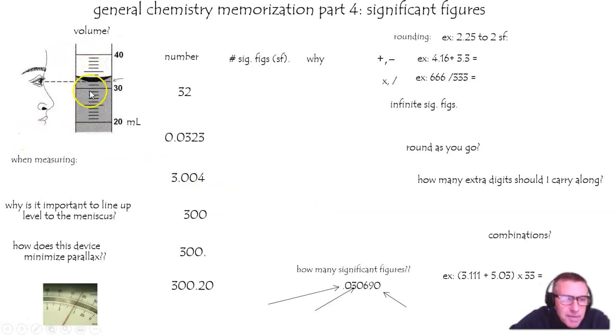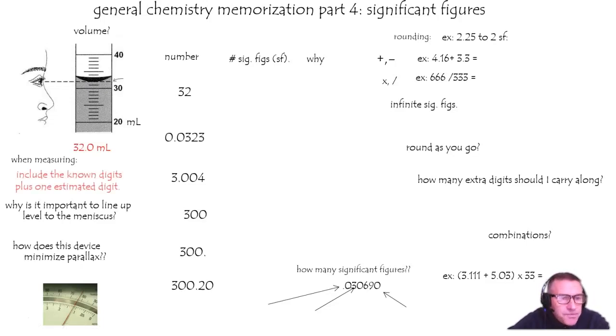Let's say you're taking a measurement. Let's say it's a liquid in a graduated cylinder. I see that this student has lined it up with the bottom of the meniscus as they should, and they're going to report a number. Now, should they say 32? Well, kinda. They definitely should say 32, but the general rule is to always estimate a digit between graduations. This seems to be right on the nose, so I think I would go with 32.0 mL, and the general